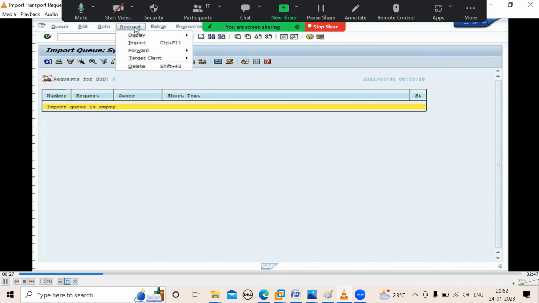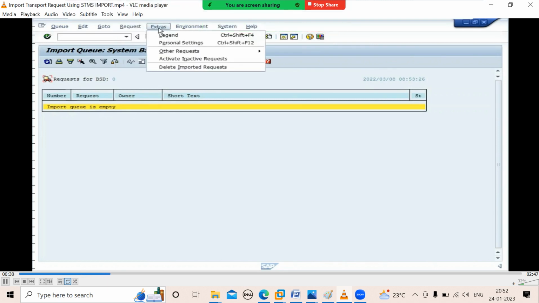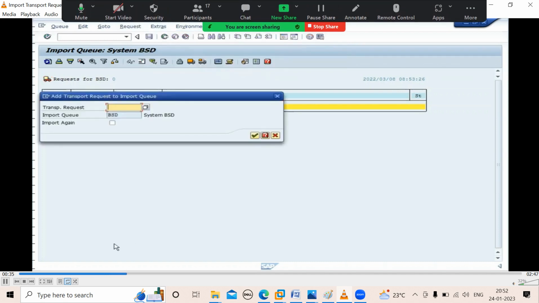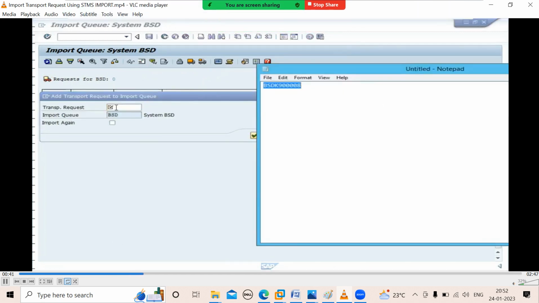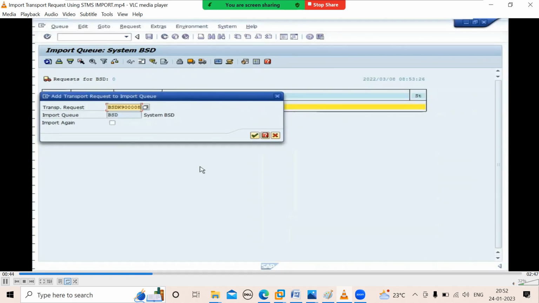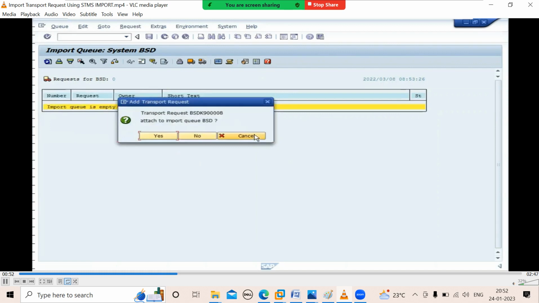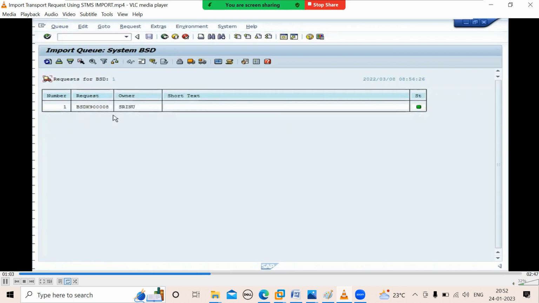Go to extras, other request, add. If you are from a different landscape, then use this option. If it is from your landscape, you will directly get that request there. If you go with imports, give the transport request number and say okay, and that will be added. How to manually add a transport request? This extras, other request, add. If it is not from your landscape, you need this; if it is in your landscape, it will automatically be added to your queue. Just select that transport request